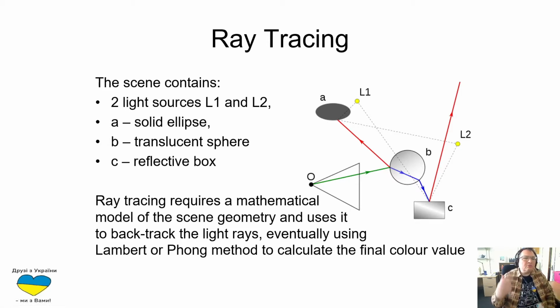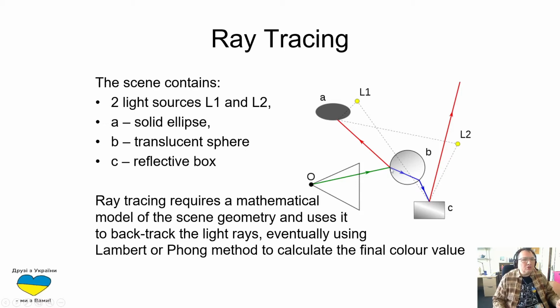To determine the value of any fragment, for example somewhere here, we have to track back the ray of light. So, tracking back, we arrive here at the surface of the translucent sphere, where, quite interestingly, this ray